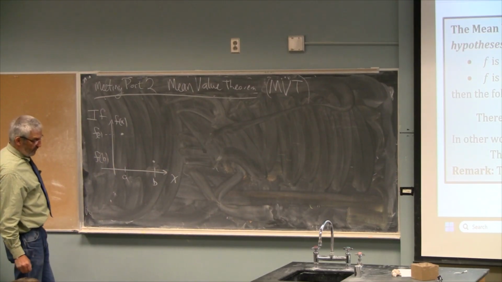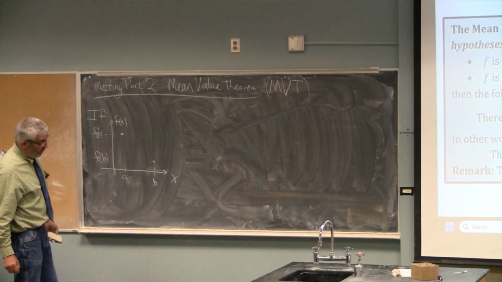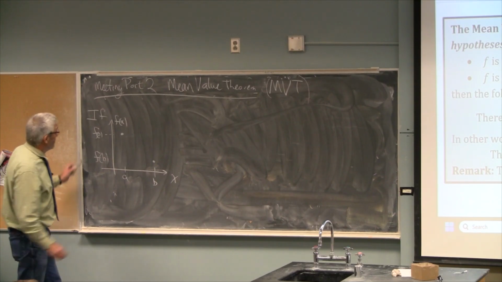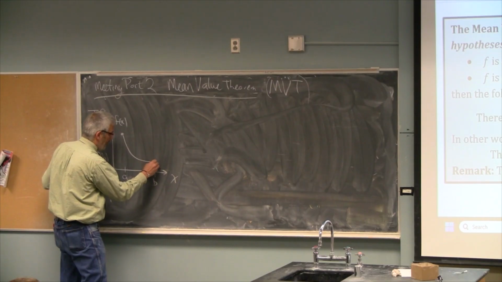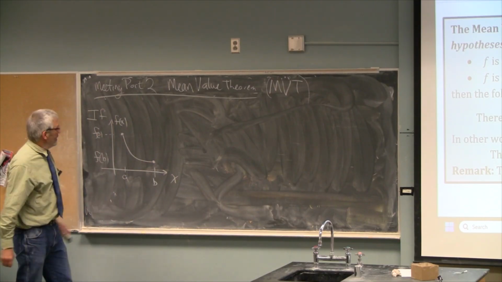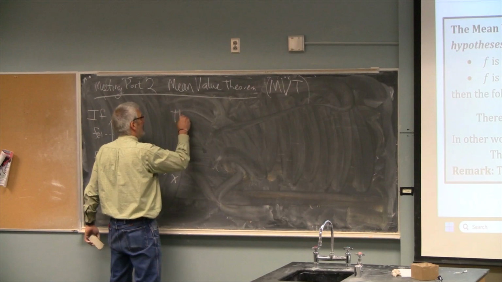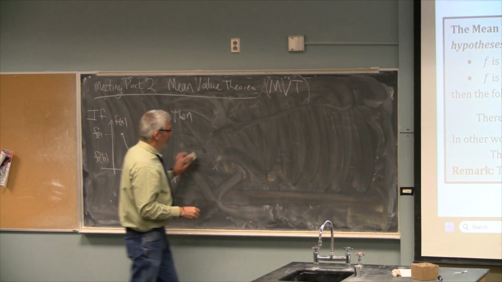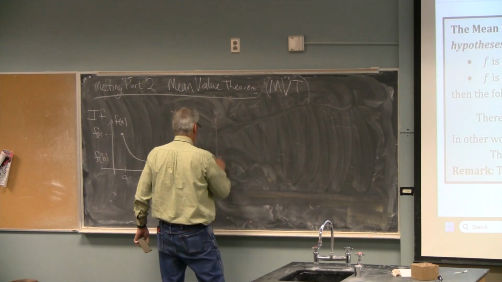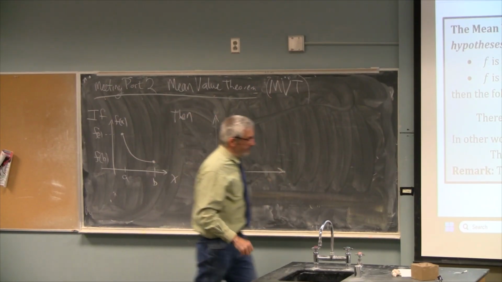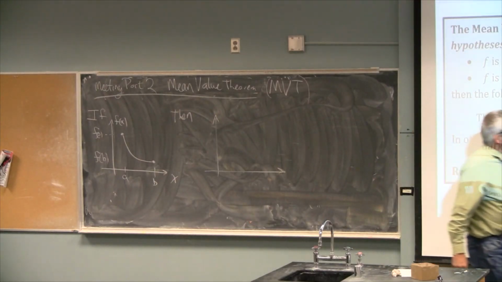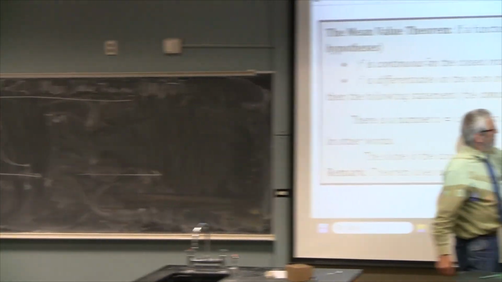And the function, of course, needs to go through those points, needs to be continuous and differentiable. So here's a nice example of a function that does that. That's the if. So the then is this. There is a number c, so at least one, that's in the interior of that interval such that